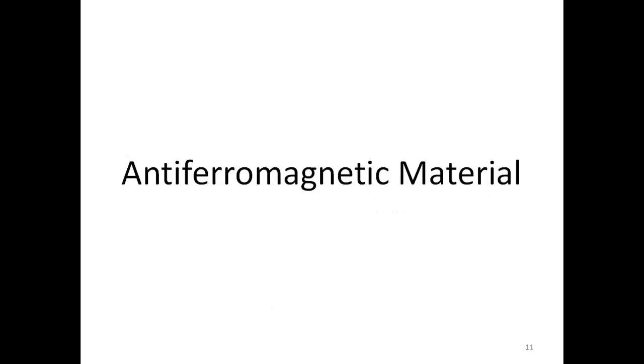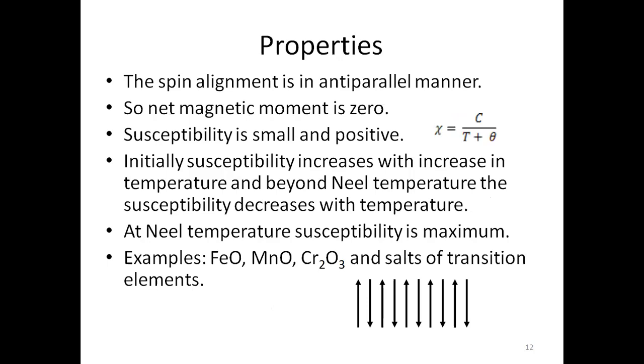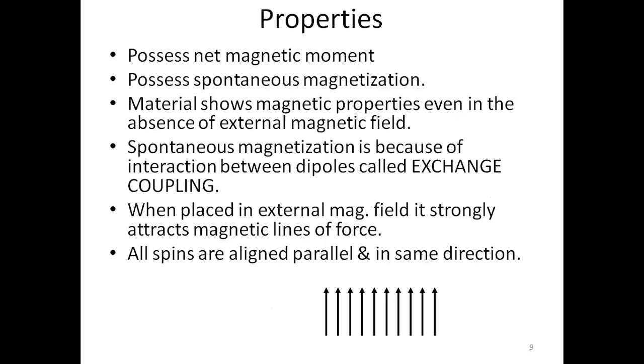capital T minus theta. Now, when we go for antiferromagnetic material, again, this ferromagnetic material, depending upon the spin, has been classified into antiferromagnetic materials. So here, depending upon the spin alignment, the materials have been considered. We have just seen in the previous slide, this is the case for the ferromagnetic material. The spin is exactly in a particular direction. You can find that the spin of the magnetic moments are in a particular direction.